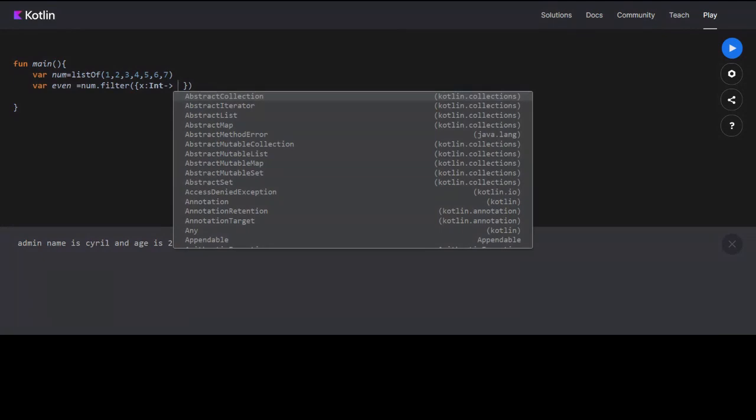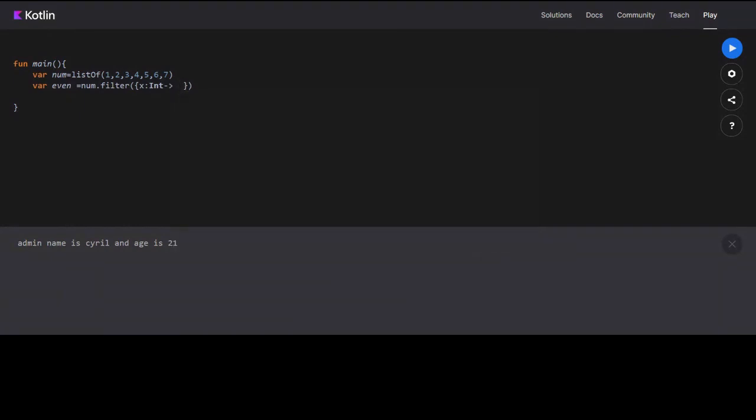So what we can do here is just say x mod 2 equal to 0. Okay, so x mod 2 will return the remainder after dividing by 2. If the remainder is 0, that means it is even, then we can return it.